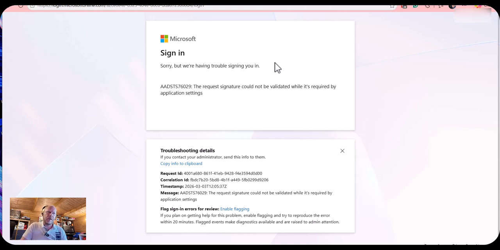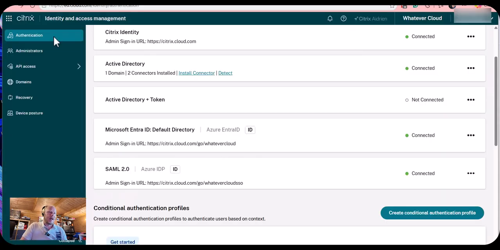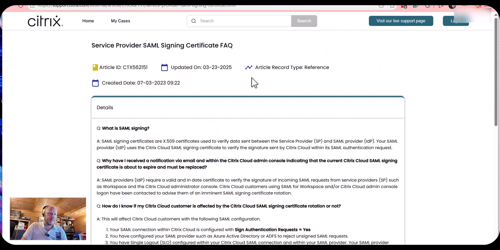Okay, so I'm going to just flip over to my Citrix DaaS for a moment. And under my authentication methods, I've got Active Directory, I've got Azure, and I've got SAML. Okay, so that's what we're currently using at the moment. I've configured my workspace to use SAML, which is the reason why I got that error message. And the issue that we have is that the certificate requires verification, and Microsoft rotate that certificate every now and again. Okay. I think there's an article here actually, if I had it here, one of the certificate service